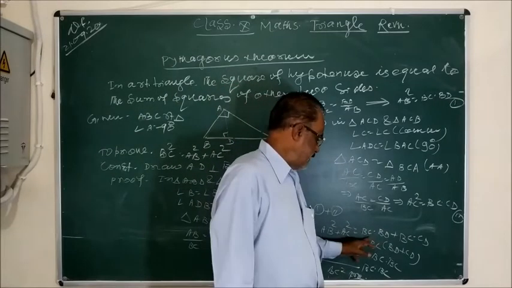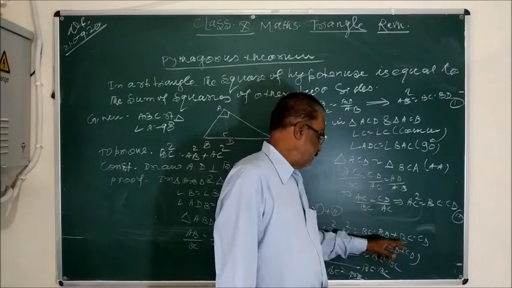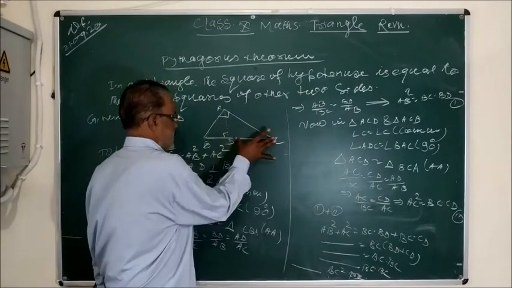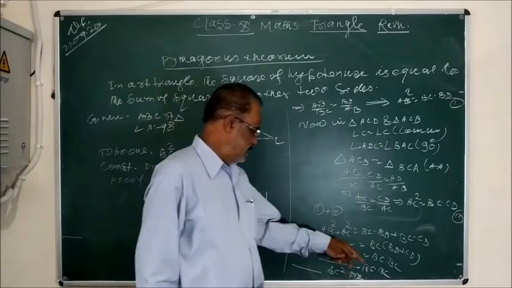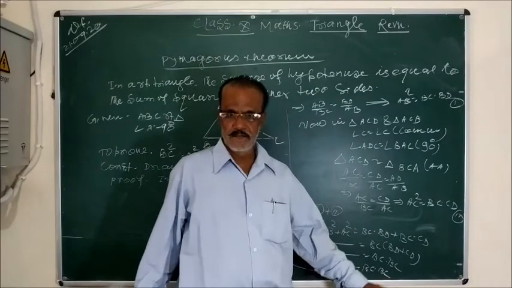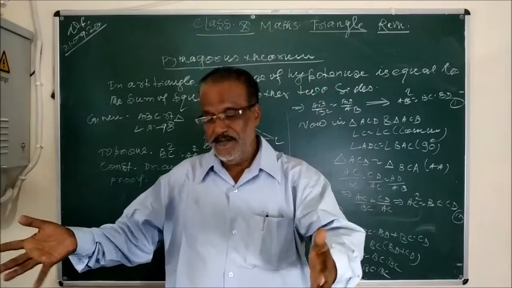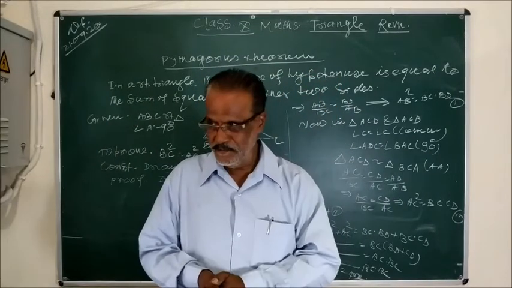So you take BC common, inside the bracket BD plus CD. You see the figure, BD plus CD is equal to BC. BC into BC is BC square. What is proof? We have proved without measurement,